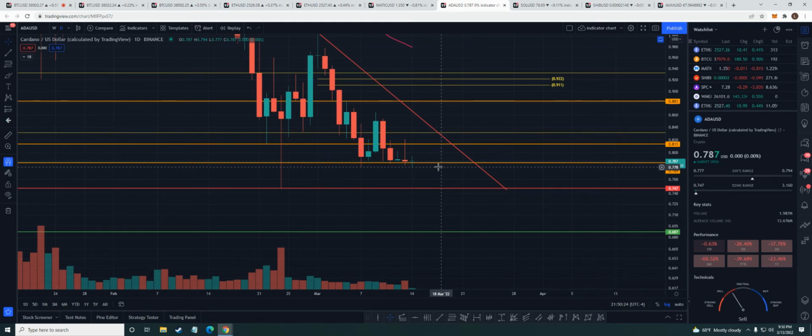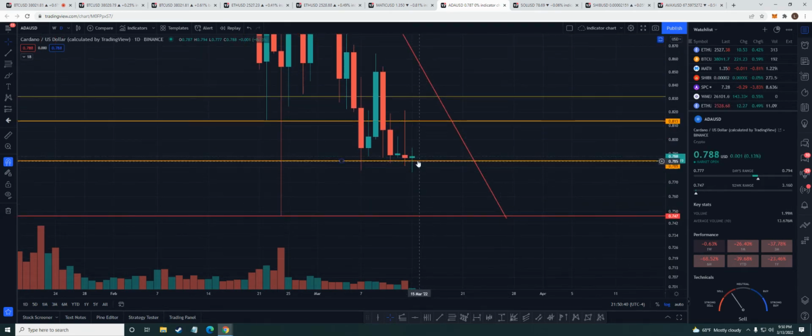78 cents. All right, 77.8. Okay, is that what we had? What do we have? 78.5. Okay, so yeah, we still haven't got a candle closing under there on a higher time frame. So look at this. We can wick this. We just don't want to see a candle closing under here and getting rejected and coming